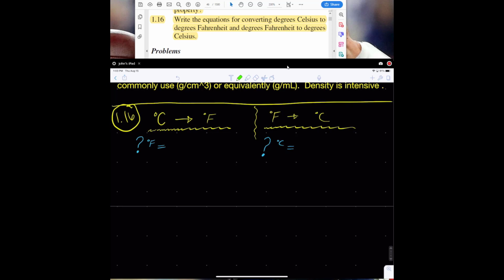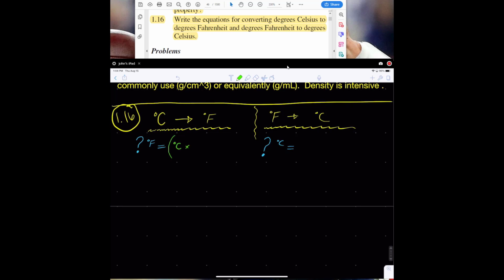If we're given the temperature in degrees Celsius, we can convert it to Fahrenheit. So this question mark degrees Fahrenheit would mean we're using the formula where it includes the degrees Celsius that we're given. And this formula would be the degrees Celsius